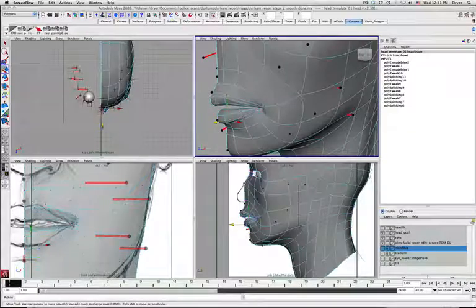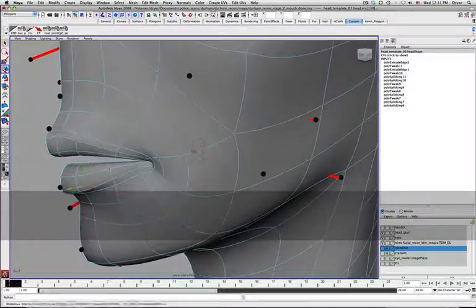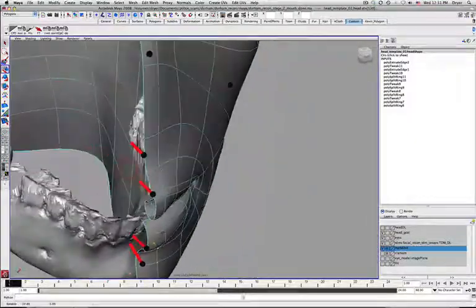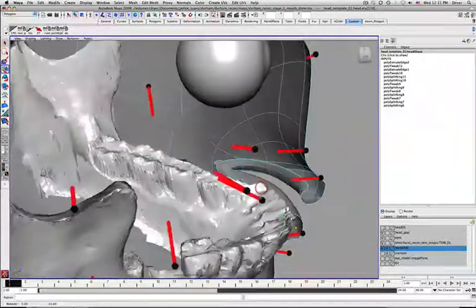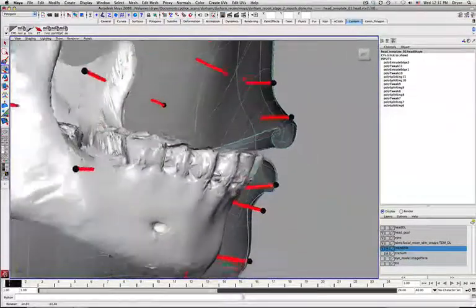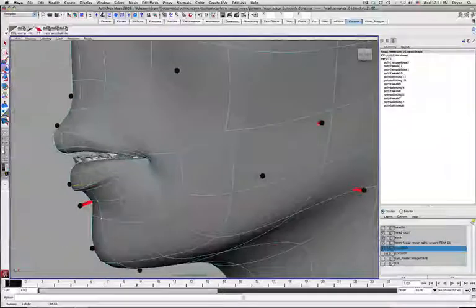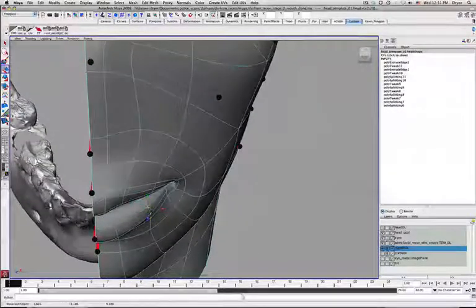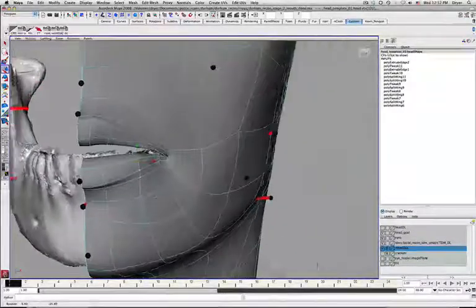Hi again. We're going to work on modeling in some of the detail of the eye. Just wanted to point out a couple of changes I made to the mouth. I found that the lower lip was intersecting with my mandible, the incisors. You can see how procumbent her incisors are here. In fact, maybe I have to exaggerate a little more even. But I had to pull these points out here to allow the teeth some room, and it actually worked